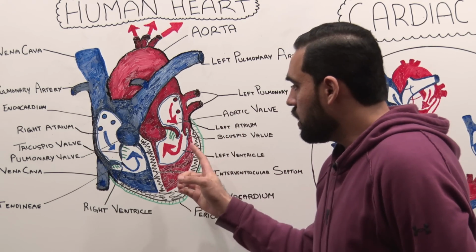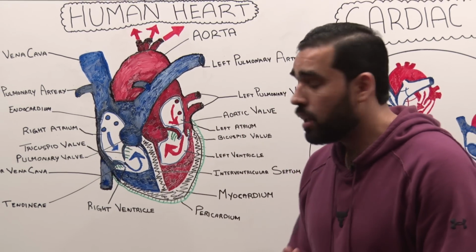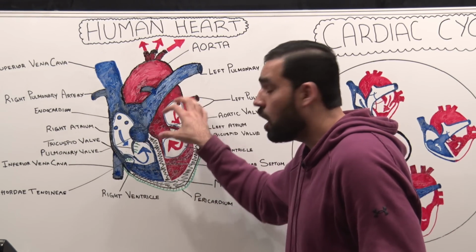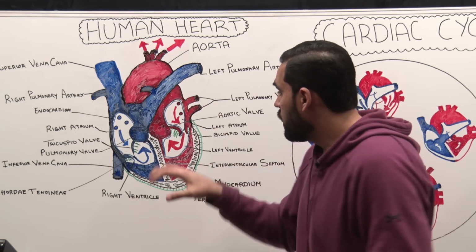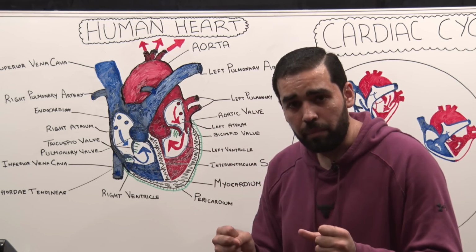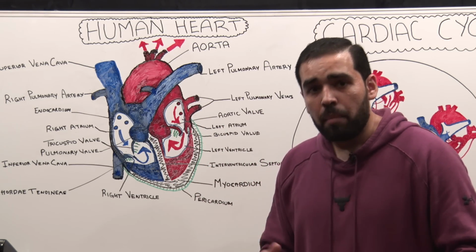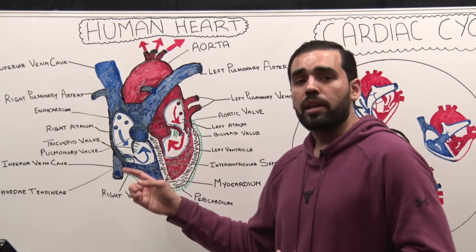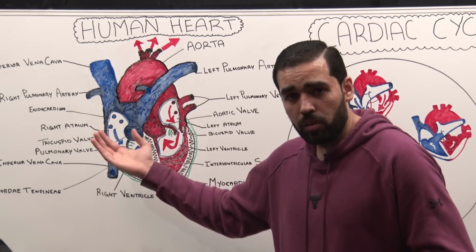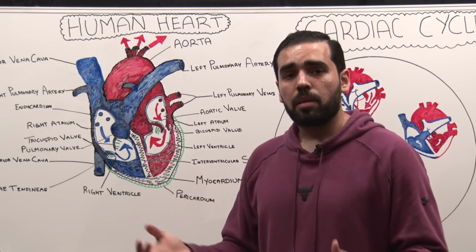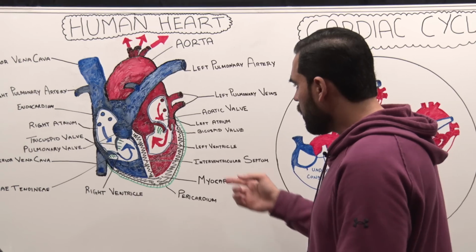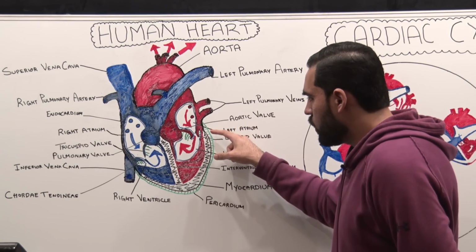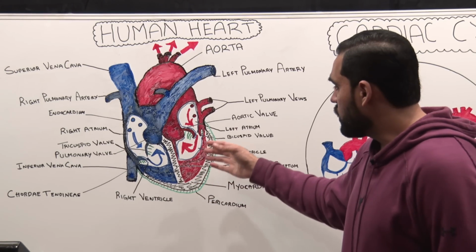Now, the primary reason, even though the cardiac events that are happening on both sides of the heart are similar, so the atriums are contracting at the same time, the ventricles are contracting at the same time, there are similar actions happening, but the output is slightly different, because the right side of the heart is pumping the blood in the pulmonary circulation and the left side of the heart is pumping the blood in the systemic circulation.